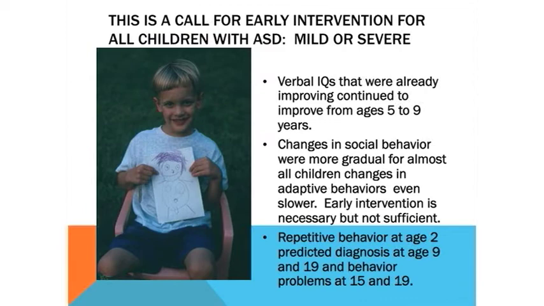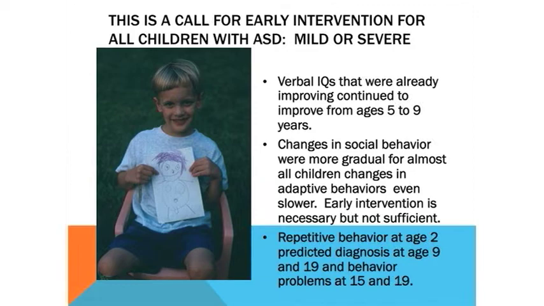I think verbal IQs were already improving from 2 to 3 and continued to improve from 5 to 9. And so I think there we need to be very careful, again, that having a very low score is not good news. Having a verbal IQ of 70 at 2 is not that bad, and we would predict that that is very likely to go up to 80 to 90 on up. So although I'm talking about the power of prediction, I'm not talking about writing off kids who have scores that are close or within this sort of average range, average meaning very broad.